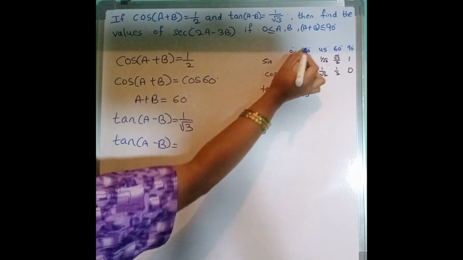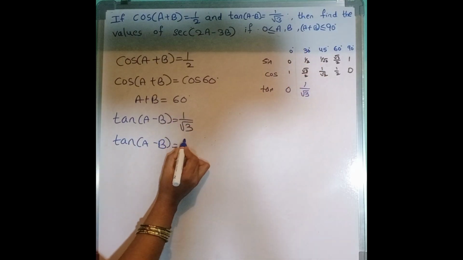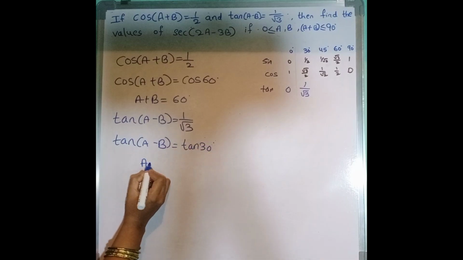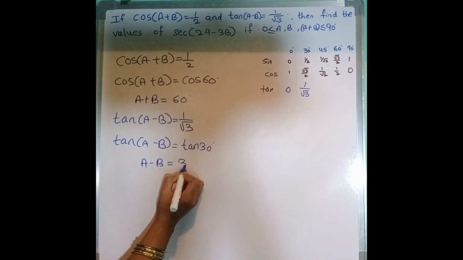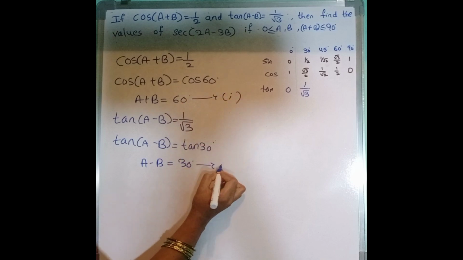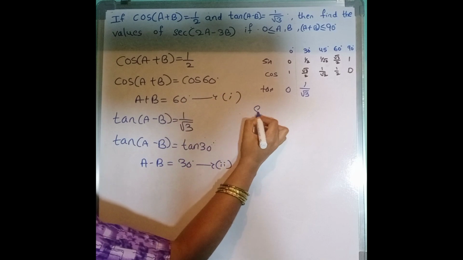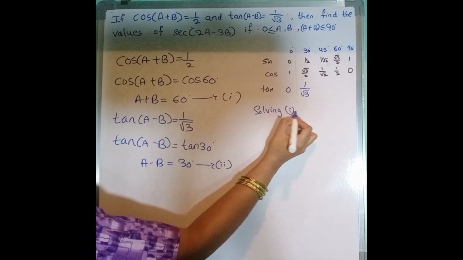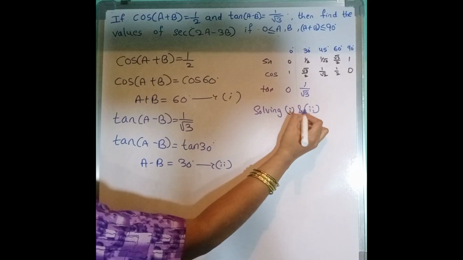That is tan 30 degrees is 1 by root 3. So A minus B is equal to 30 degrees. This is equation 1 and this is equation 2. Solving 1 and 2,